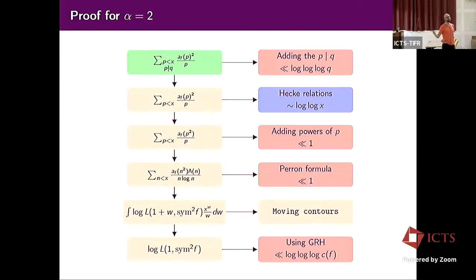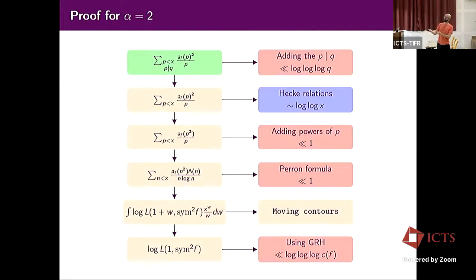But here I use an argument by Cogdell, Michel, and Granville-Soundararajan, and they do use pretty good bounds to shift the contours. Basically the idea is to write this log as a very, very short sum with log terms. And to do that, you need to have pretty good zero-free regions. You can do a bit weaker than GRH, but basically a rectangle without zeros inside the critical strip. And that's it. That gives the proof.